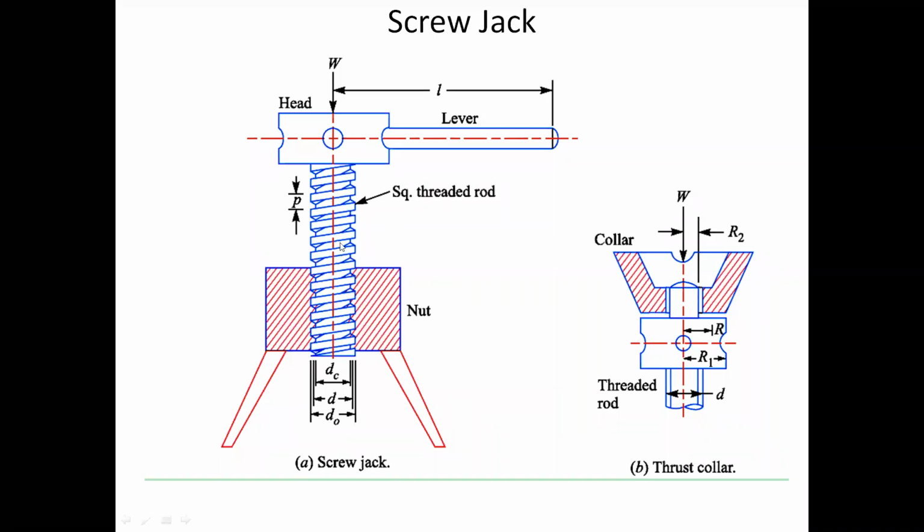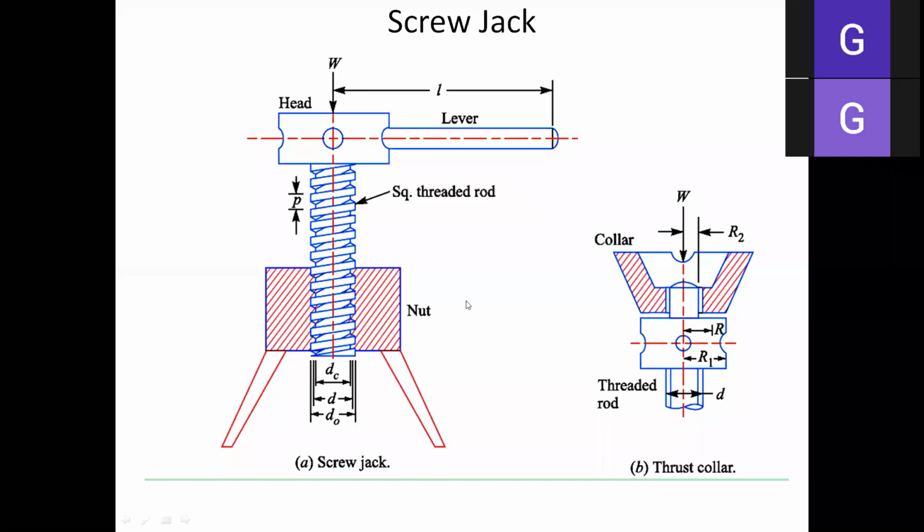Here this is single start, इसके बाजू में और 2-3 थ्रेड मार दिए जाए, so it becomes multi start. When the multi start thread is there, then instead of pitch there is one more term which is called lead. Lead is the distance travelled when there is a multi start. But if there is a single start, we say that lead equals pitch. Okay, so lead equals pitch. So this is all about our simple screw jack principle. Now we'll proceed further.